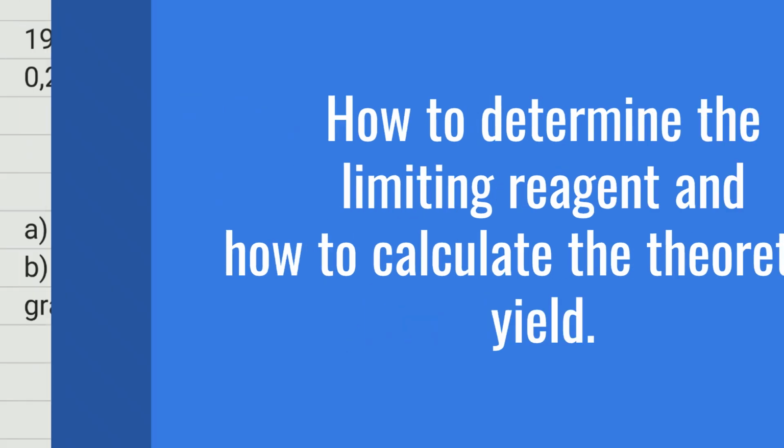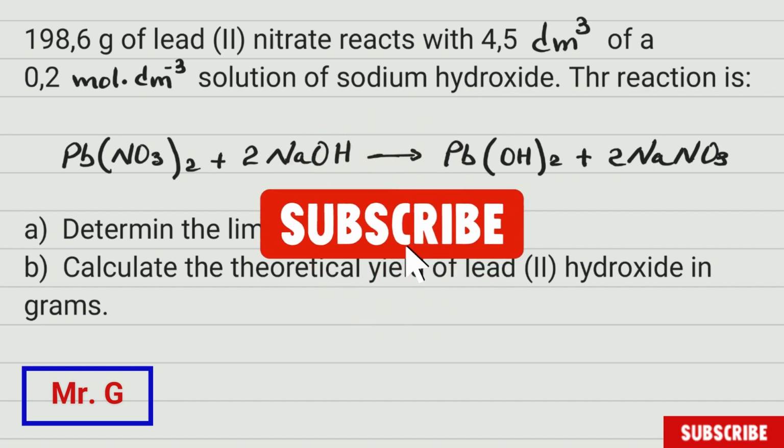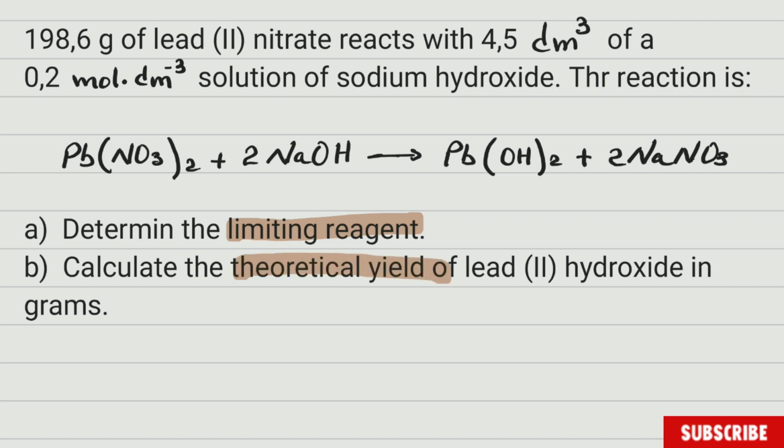Very important topic for all the grades 10, 11 and 12, and this time we're going to be determining the limiting reagent. And when we determine the limiting reagent, we are going to find out the theoretical yield. In actual fact, you cannot find out the theoretical yield if you do not have the limiting reagent. Okay, so now this question says